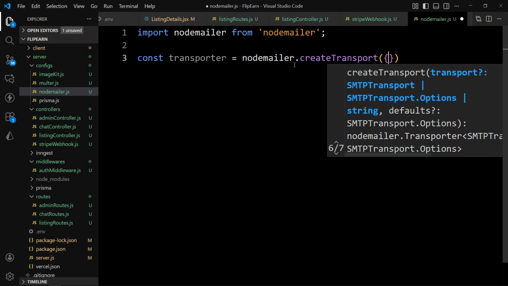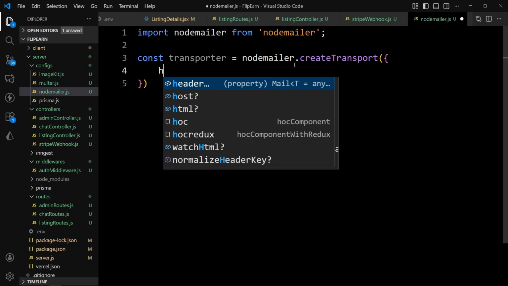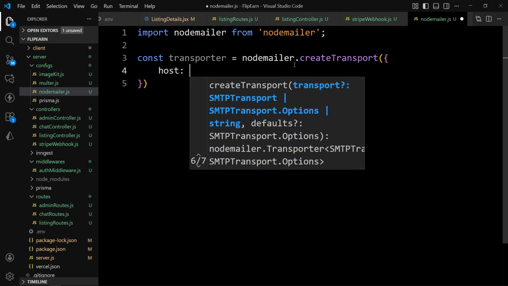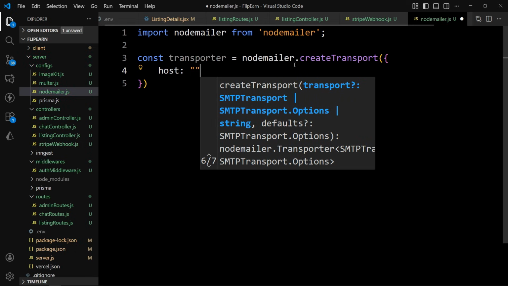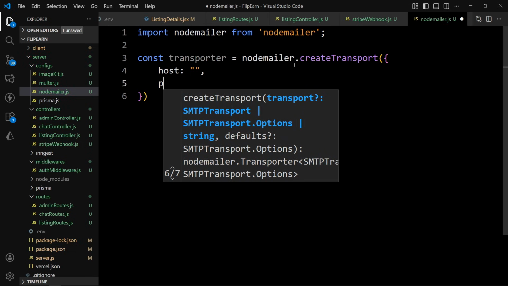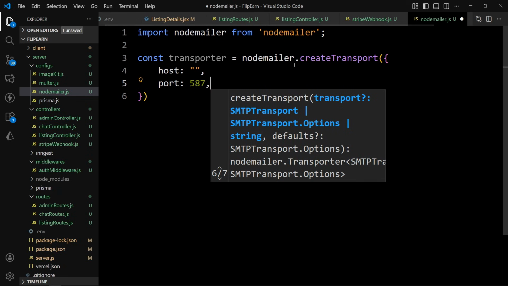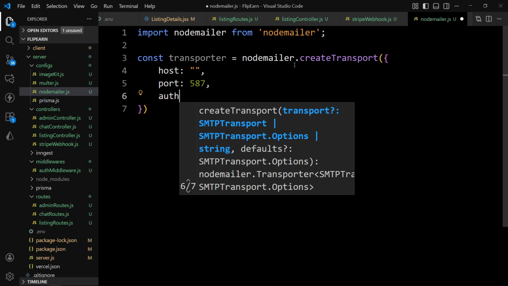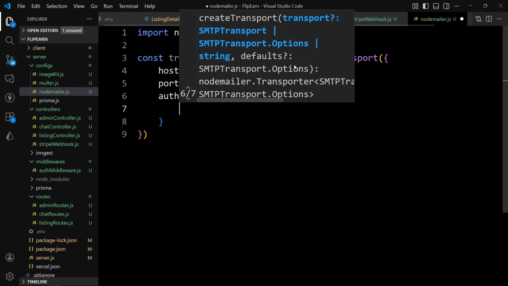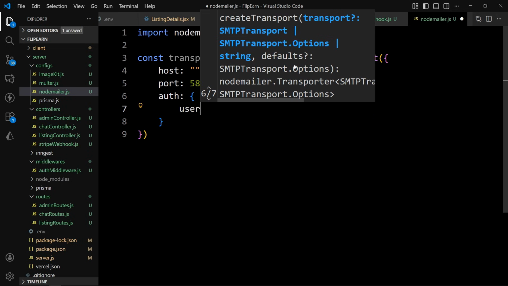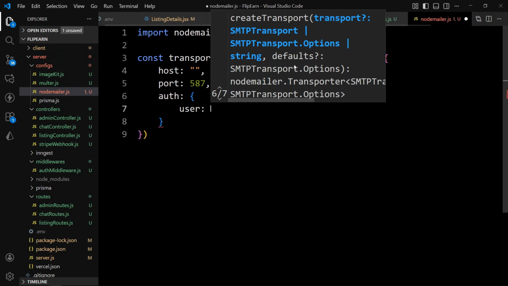Now in this one we'll add the object, and here we'll add the host. Here we have to provide the host. After that we have to provide the port. So in this port let me add 587. Then we'll add the auth property, and in this auth we will add the user, that is the username,